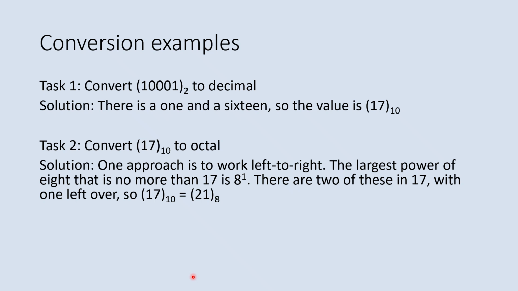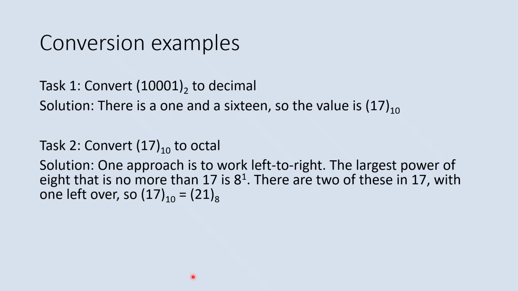This is a left to right approach for converting numbers between bases based on their actual value rather than based on what the symbols are in place. So in this case, though, we're working from left to right, but we're thinking about what symbols are there. So we have 17, and so the largest power of 8 that is not more than 17 is